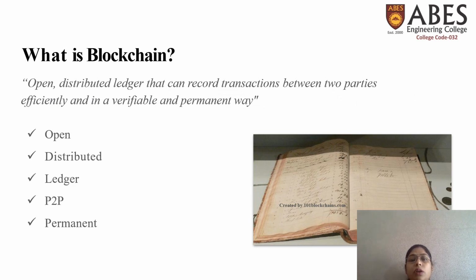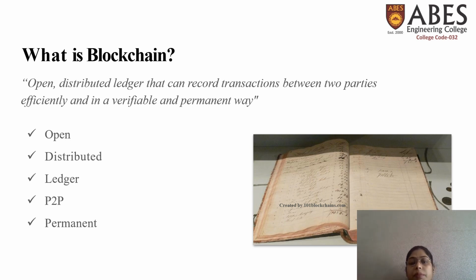So, if Bitcoin is not blockchain, then how can we define the blockchain? What is blockchain? Basically, the blockchain is an open distributed ledger that can be used to record the transactions between two parties, and efficiently it is a verifiable and a permanent way of recording the transactions. It can be considered similar to the ledger books or the audit books that we use during our financial transactions in the banks, during our businesses, in which we record all the debits and the credit transactions, whatever is happening in our account.